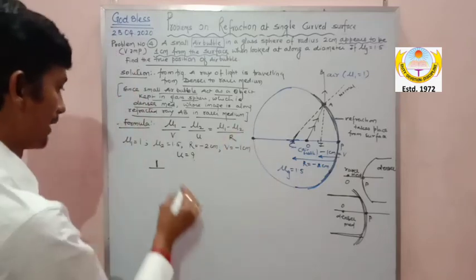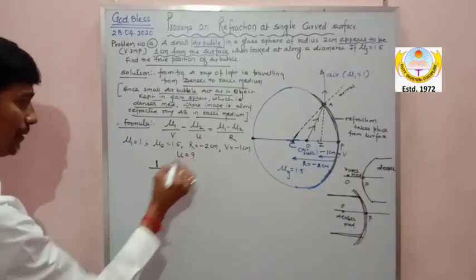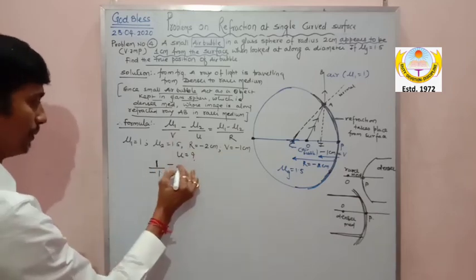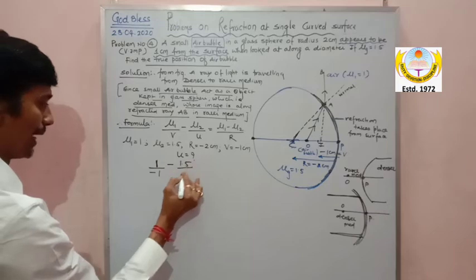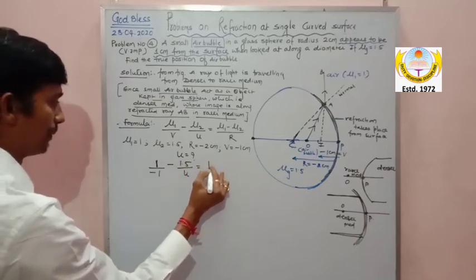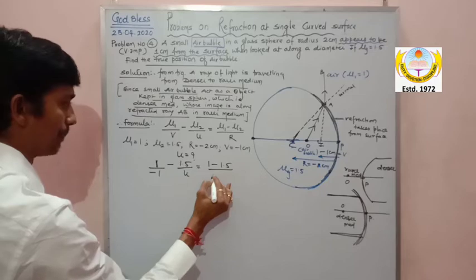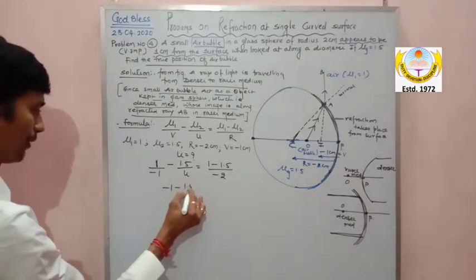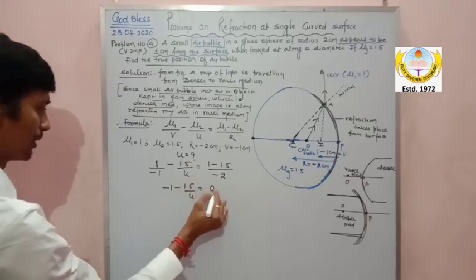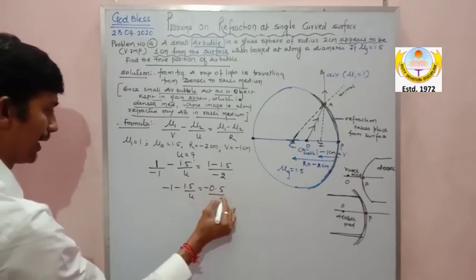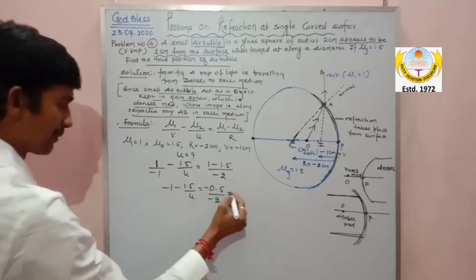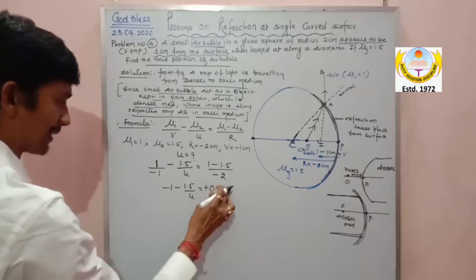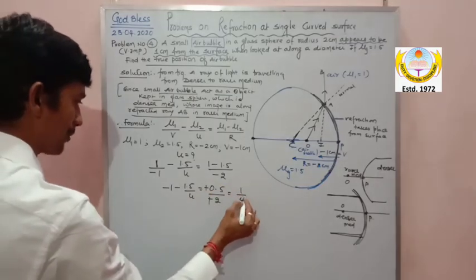Okay, और हमको u निकालना है. Okay, so this will be 1 by v. v is nothing but my dear -1 minus μ2, that is 1.5, u I don't know, is equal to 1 minus 1.5 divided by -2. So now my dear, I hope it is clear. This is -1 minus 1.5 divided by u is equal to 0.5, that is minus 0.5 divided by -2. Now my dear, this will be, I hope, minus 5 by 5, minus and minus cancel, it will be 5 by 20, that is 1 by 4.